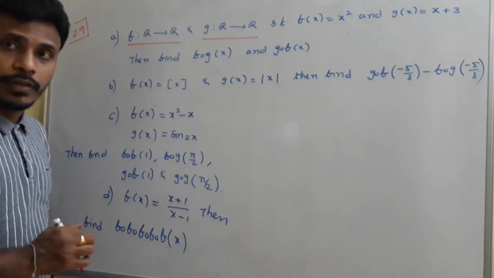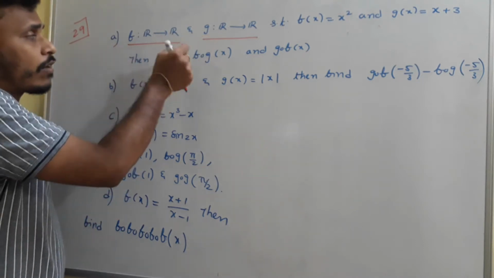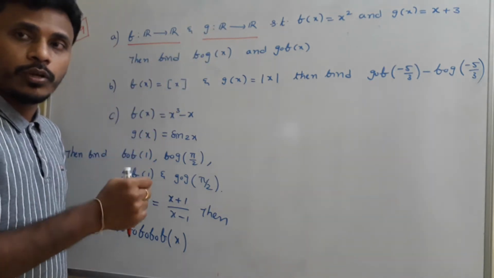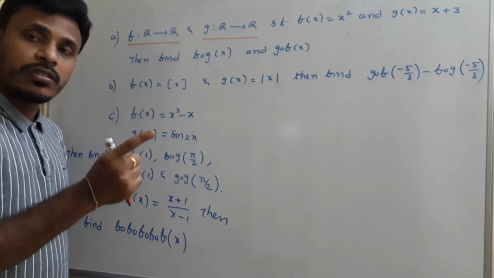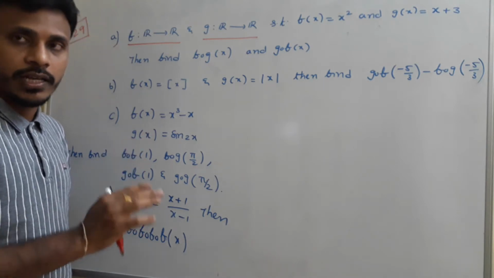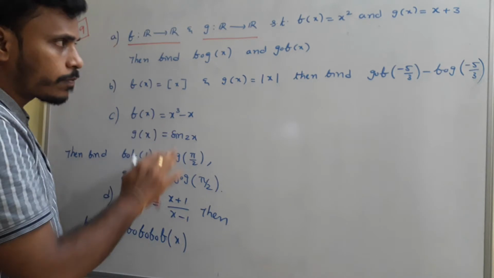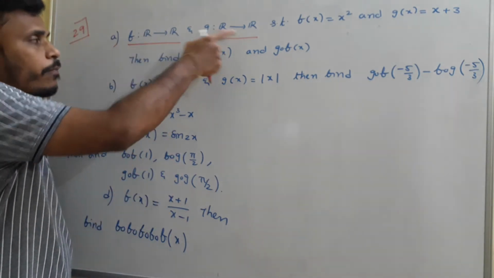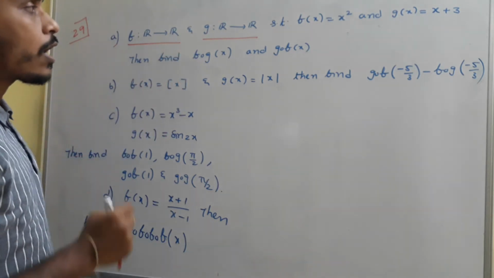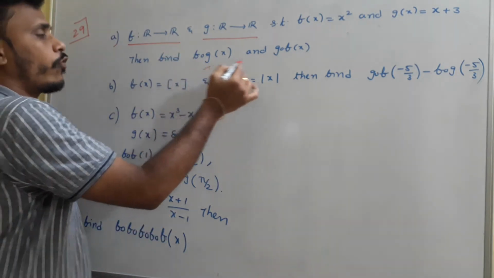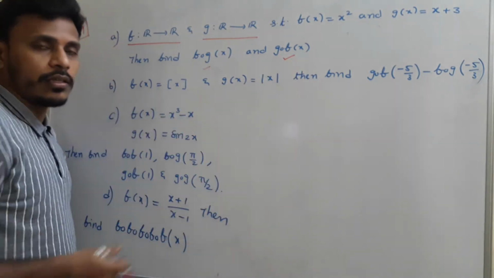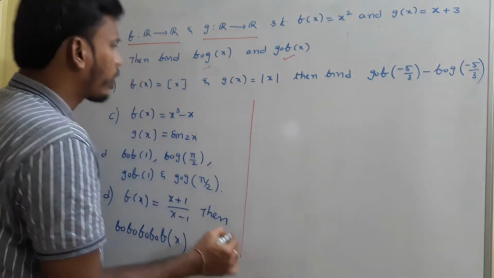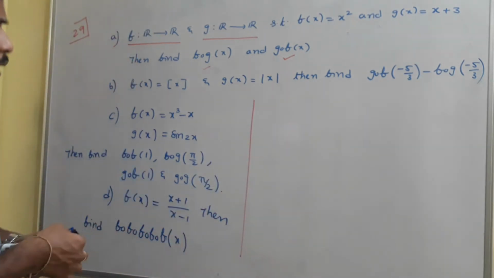See, as we discussed in the previous class, if f and g are the functions of this type like R to R, or like A to A and A to A, then in those cases both g circle f along with f circle g exist. And now see, for all these problems both f circle g and g circle f exist because those functions are from R to R. And now we are going to calculate f circle g of x, g circle f of x. These types of expressions and functions we need to calculate.